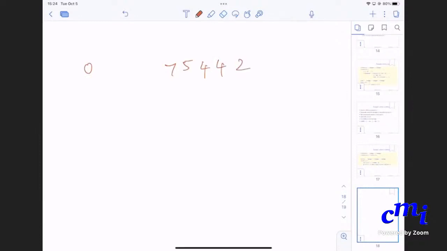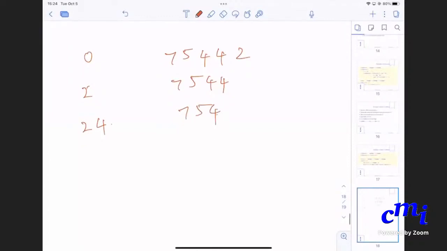First step, you take 2 and put it at the rightmost here. So it becomes 2, 7, 5, 4. Next step, you take 4 here and put it rightmost here. So it will become 24, 7, 5, 4. Next step, take 4 here, put it rightmost here. Rather than putting at leftmost, you are putting at rightmost. Take the rightmost here, put it at the rightmost in some other number.